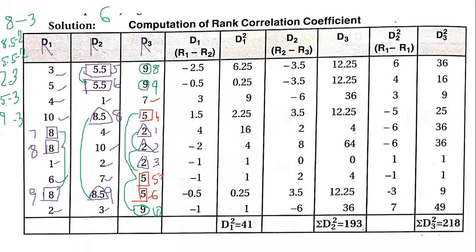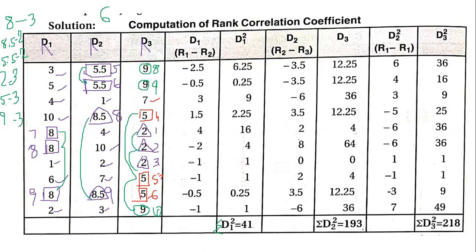Okay, now let us calculate for two judges at a time so that we will be able to understand it better. First we are taking R1 and R2. Now for R1 and R2, we are calculating D1, that is the difference. When you're calculating the difference, it is the direct calculation, and then you square them. Once you square, you get summation d1 square.